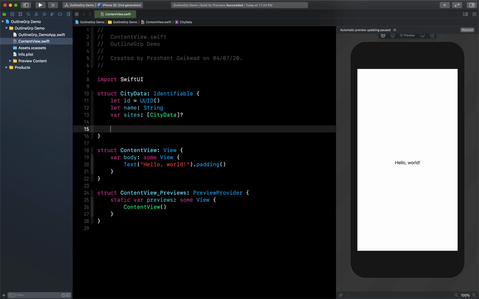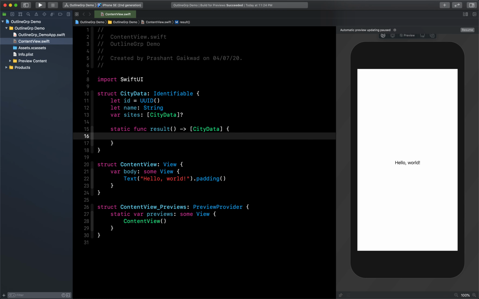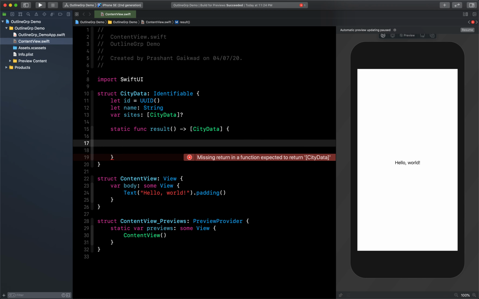Now we need some function also which will give us this dummy data. For that I will create one static function here. Let's call it result, which will eventually return an array of my CityData. Here I can add some dummy data like this.